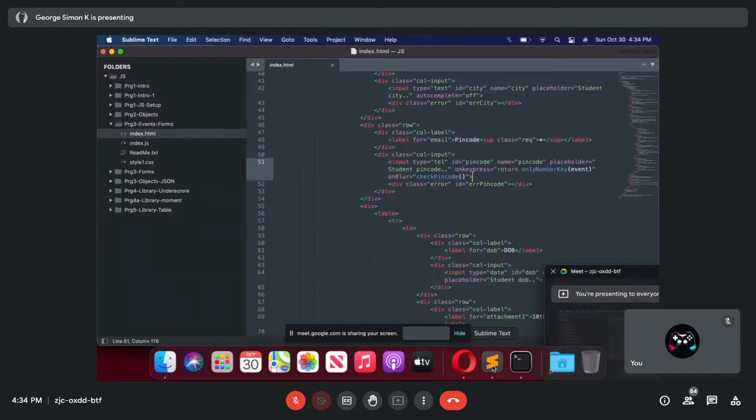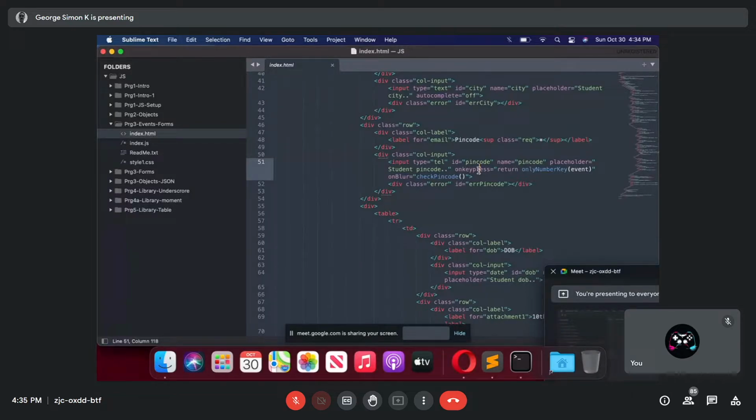Let's look at what is happening here. I've given tel here. So in the mobile devices, it'll make sure that the user will get the numeric pad, only the numeric pad. And I have an event here, on key press. Whenever the user is pressing a key, that's an event.